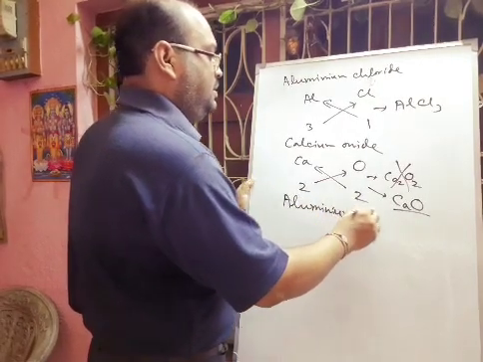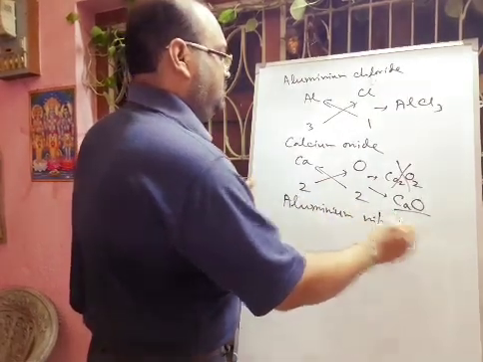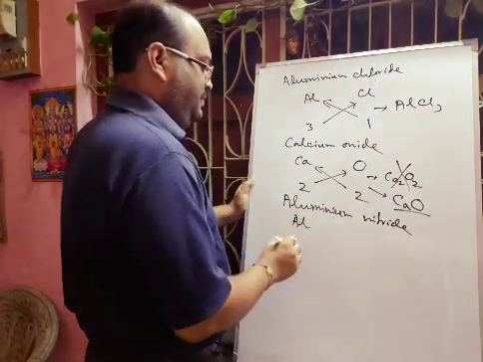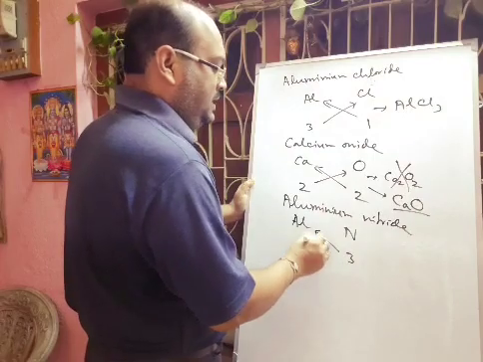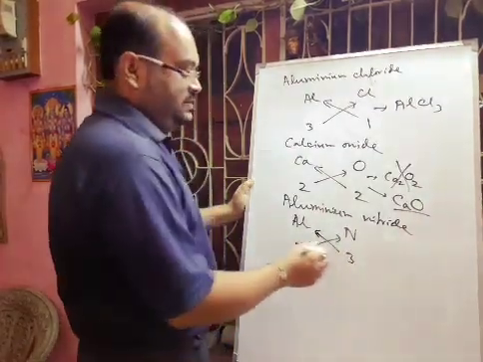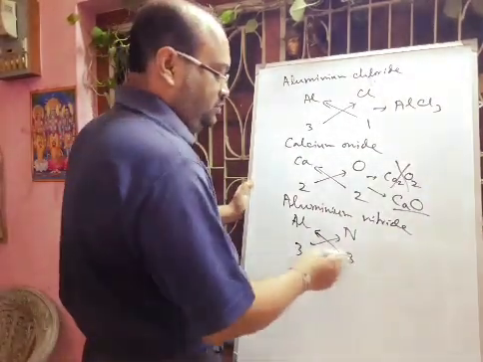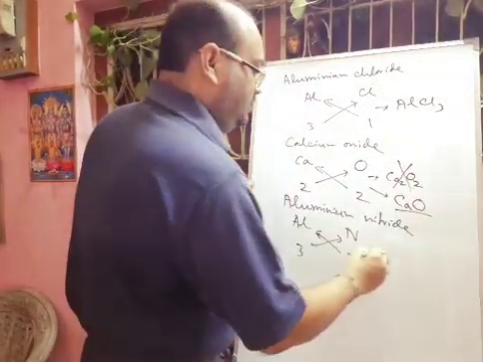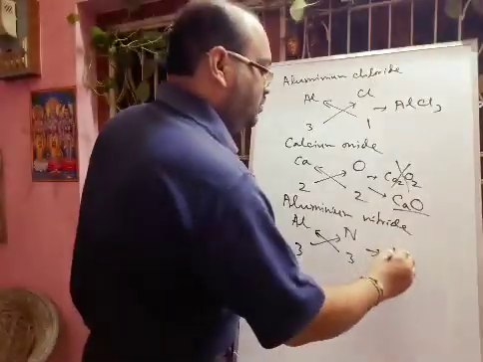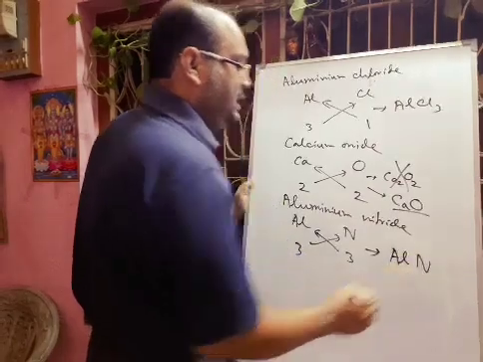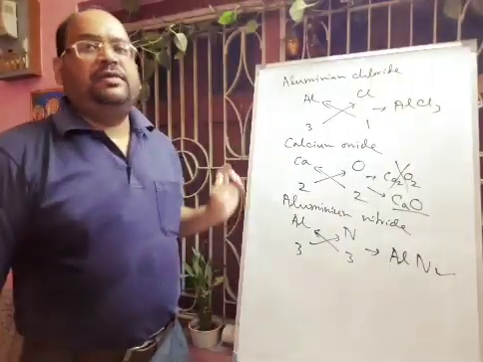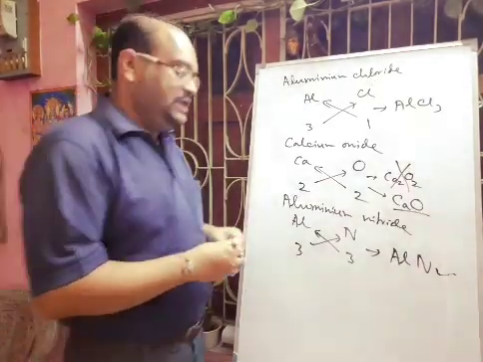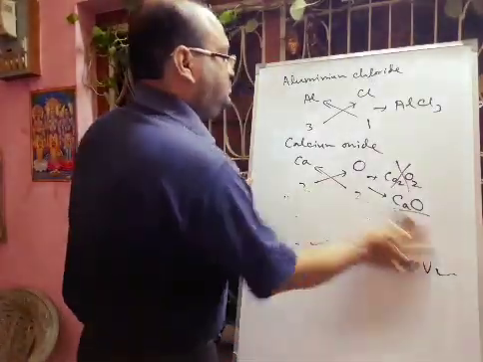Next I can give you another example like aluminium nitride. So aluminium valency will be 3 and nitrogen valency will be 3. So definitely here the formula is divided by 3, okay, both valencies are divided by 3. So you have to take the ratio. So its formula will be AlN, not Al3N3. So this is the correct formula. In this way you have to practice the formula writing, okay.